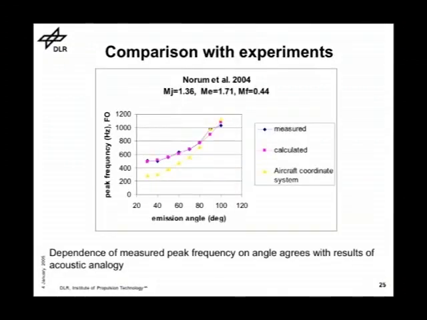And this here is a comparison with the measurements I showed you in the beginning with the norm. This is just one of the many cases they have. In blue are the measurements, the peak frequencies I derived from these tiny figures, so they can be a little bit wrong. And this is the calculation by approximation with this equation, and you see the experimental flyover frequencies are